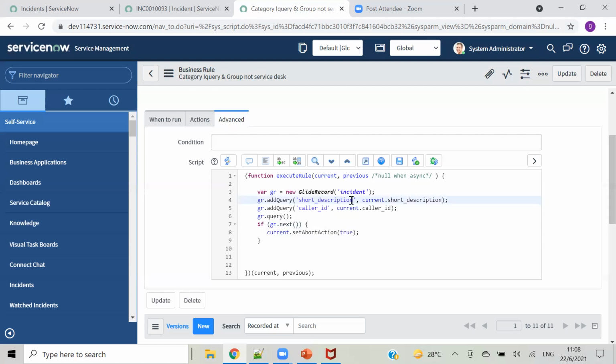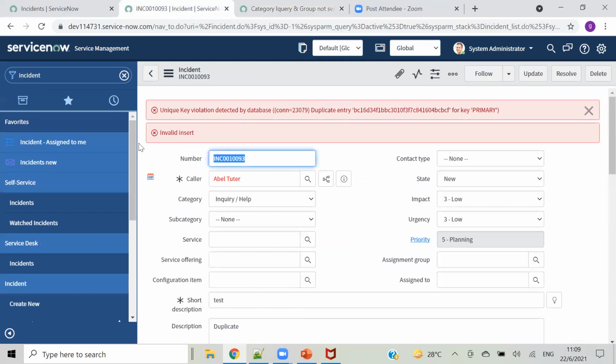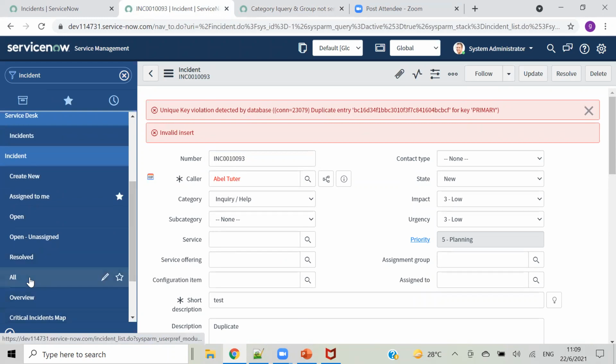You can check anything like priority, and here also current.priority. So this is just filtering. This is just filtering the incident table.